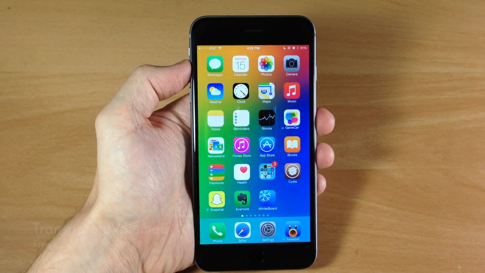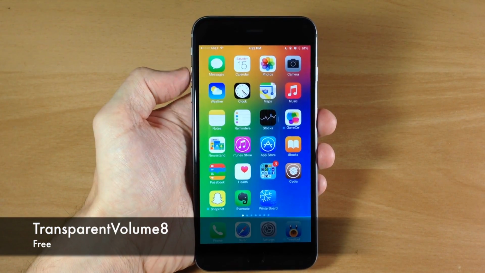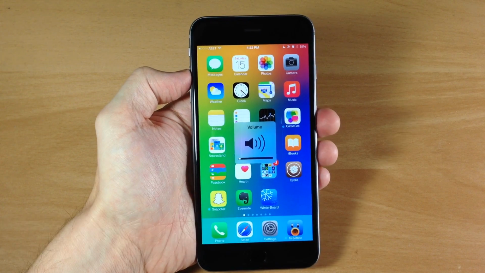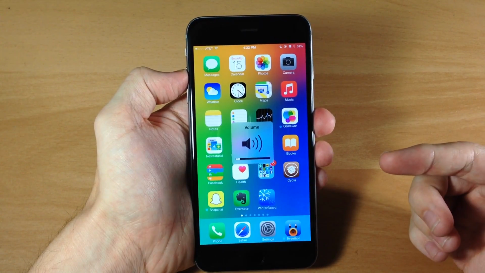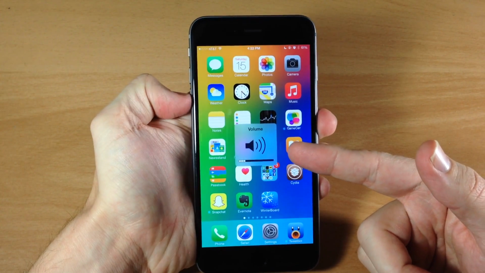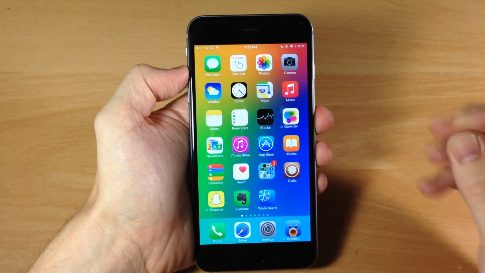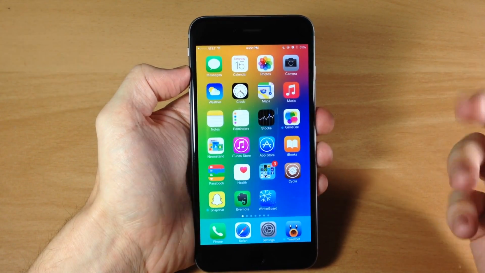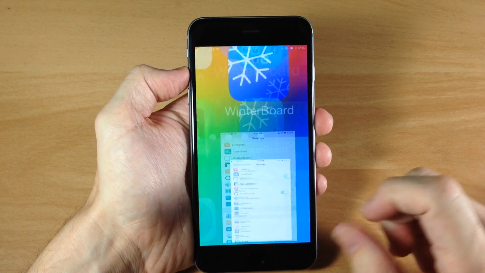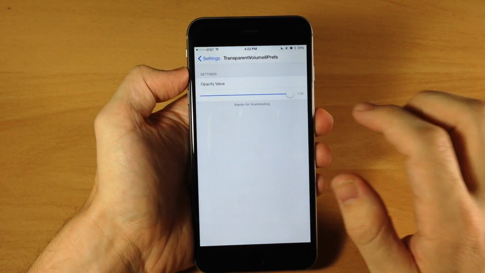Next up we have a tweak called Transparent Volume 8. So you can see right here that this can be extremely annoying. I'm surprised that they didn't change this in iOS 8 because so many people complained about it. But you can see how obtrusive this little volume HUD can be when you're watching a video or whatever you're doing. So if we go into our settings here and we tap on Transparent Volume 8,